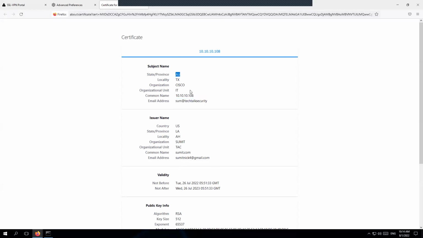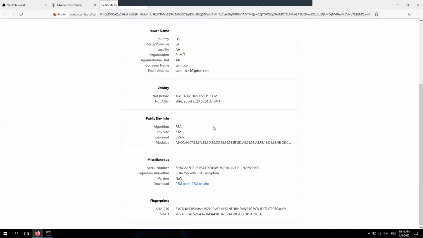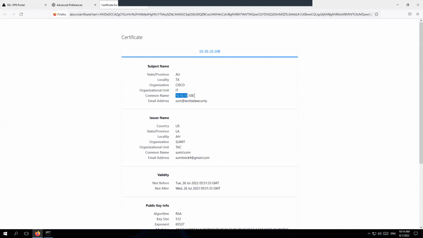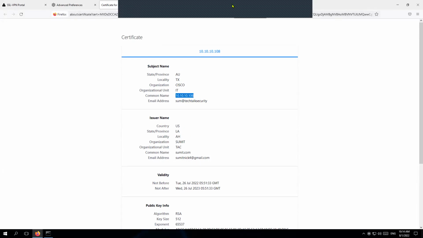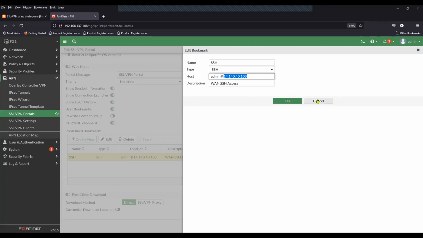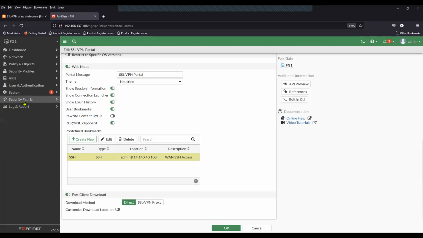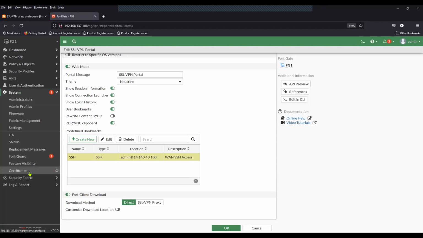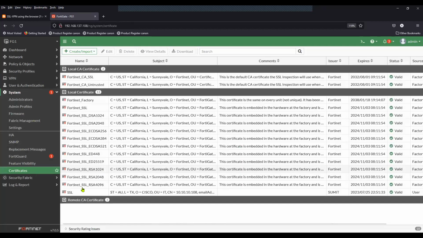You can see here, subject, common name, which is the port 2 IP address 10.10.10.108. And you can verify the same from the certificate information on the Fortigate Firewall as well. So right now we are using this certificate. And you can see here the common name 10.10.10.108